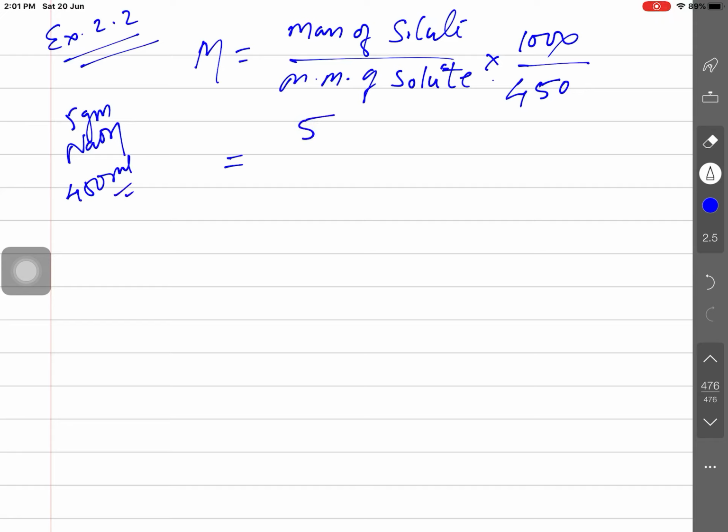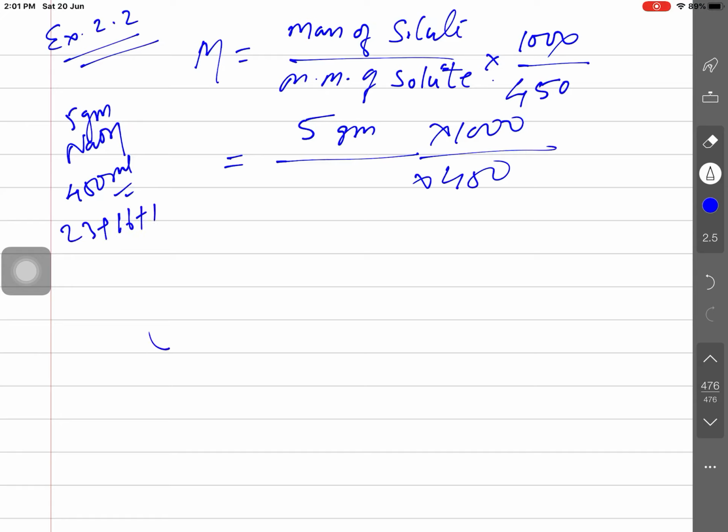So 5 gram is the mass of solute into 1000 upon 450, and sodium hydroxide is 23 plus 16 plus 1,